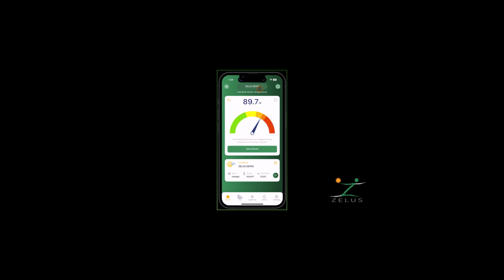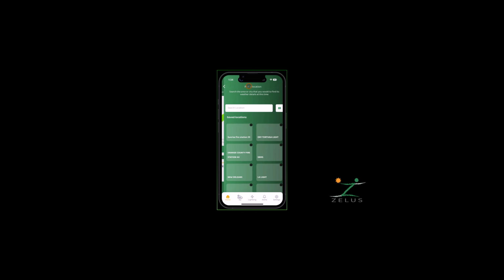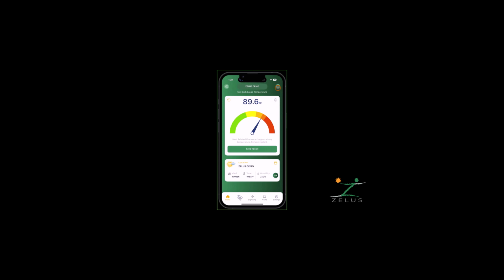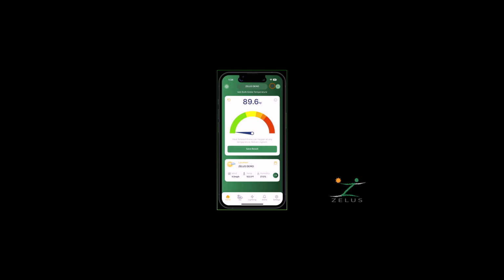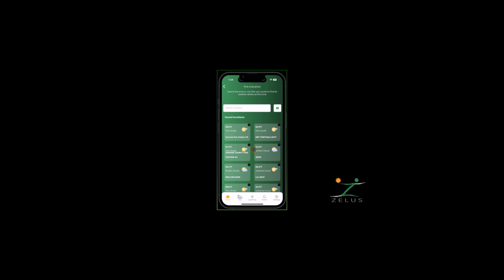At the top, your current location is displayed. You can easily change this by clicking on the location name. A list of your saved locations will appear, allowing you to select one. You also have the option to search for and enter a new location. Clicking on the target icon to the left of the location will recenter you back to your phone's last known